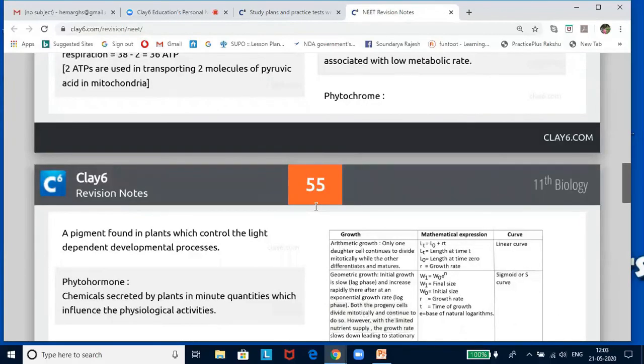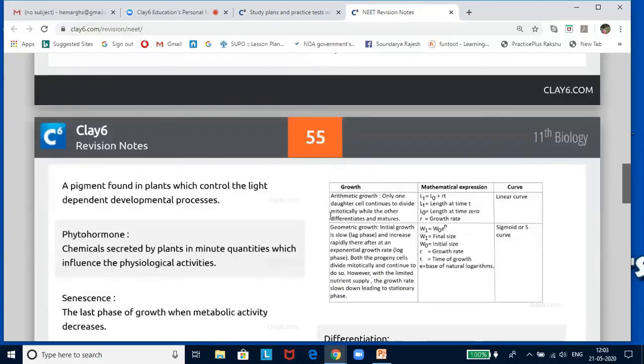So you all know what is growth. Growth is the sum total of various processes that combine to cause an irreversible increase in the mass, weight or volume. Plant growth occurs by cell division and cell enlargement. Increase in the number and size of the cells cannot account for development of an organized plant. For example, when a seed is sown, it does not become a larger seed, but it becomes a seedling. Thus, growth is invariably accompanied by differentiation, which is explained as qualitative change in terms of structure and function of the cells.